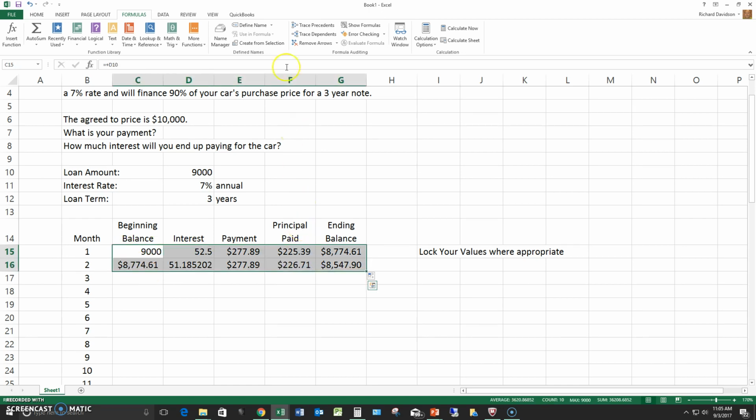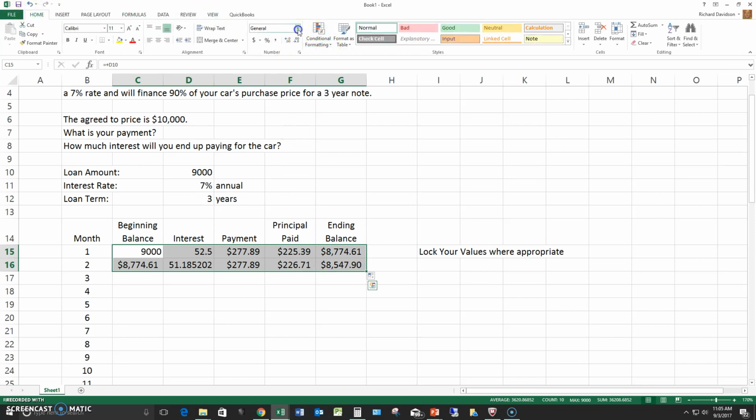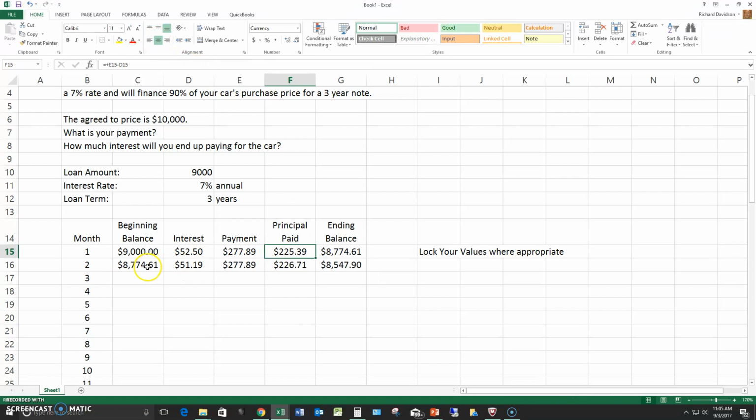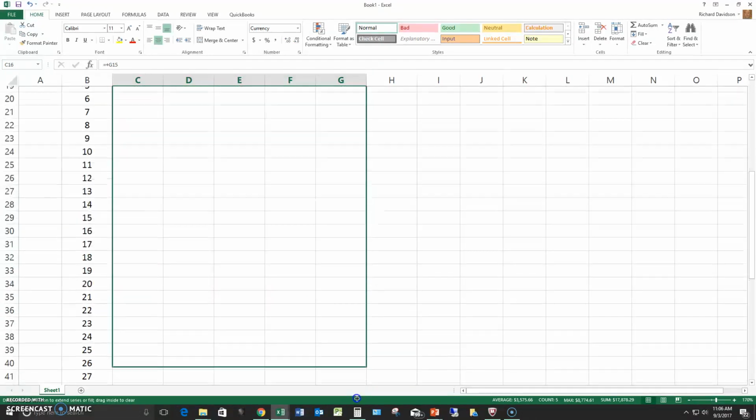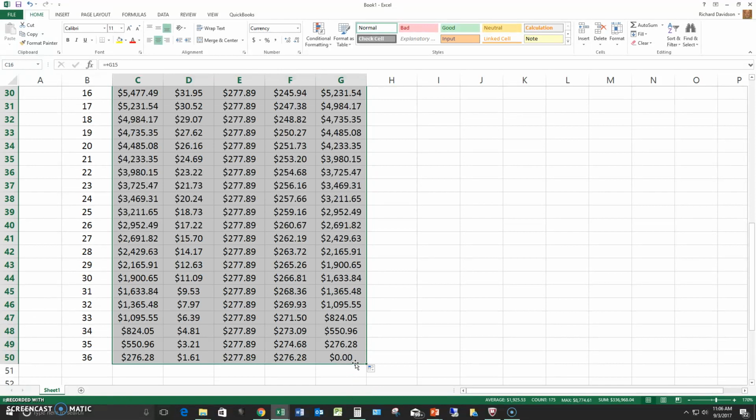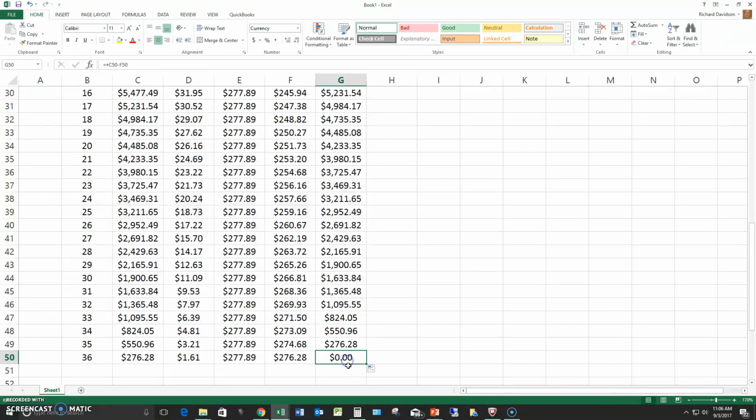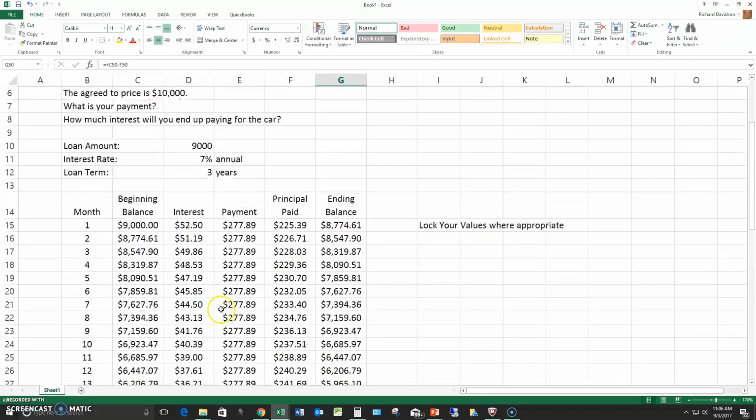I'm also going to go in here and highlight all of these and make them currency so we can keep everything nice. And if I've done this correctly, because this is a relative formula to the month before, this is locked, this is locked, this is a simple calculation, that's a simple calculation. I should be able to drag this down to the bottom, 36 months, and looky there. My loan payment after 36 months is 0,